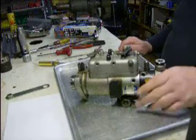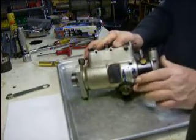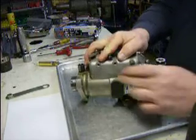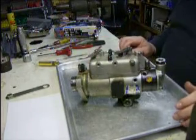Anything else is leaking, if you got problems leaking down here below, or the gasket on the side, there is a quart gasket there. It can be replaced, so